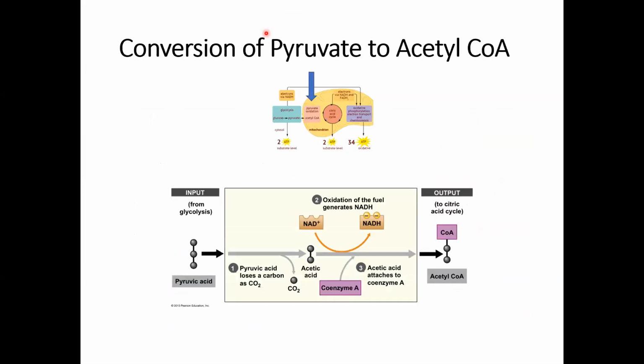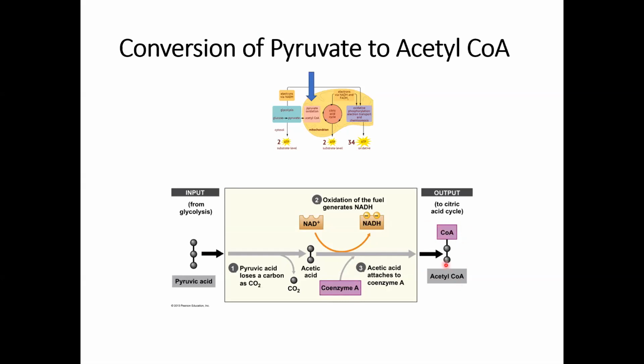So in pyruvate oxidation, you start with pyruvate. Pyruvate is going to lose a carbon as CO2, so it becomes this acetic acid. Oxidation of NAD occurs to NADH, and then you have this coenzyme A that comes in. Okay, so your coenzyme comes in and each acetic acid is attached to this molecule called coenzyme A, which